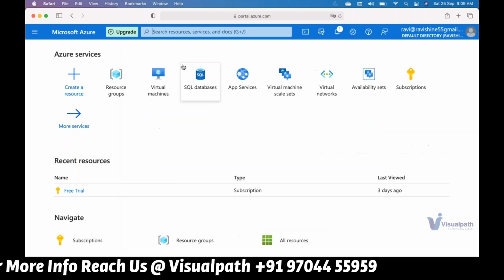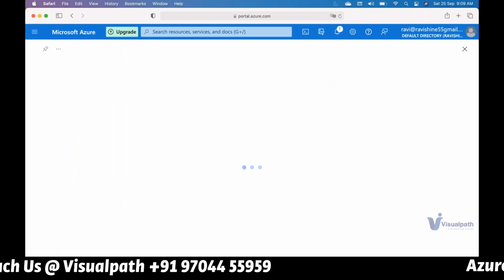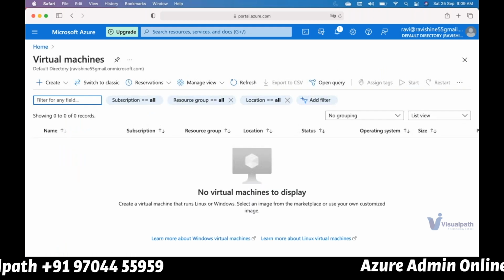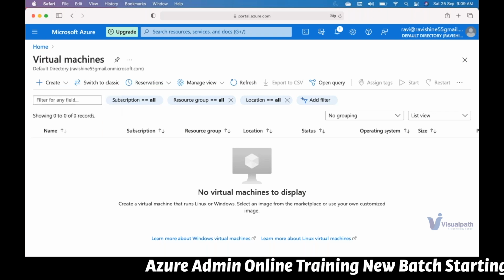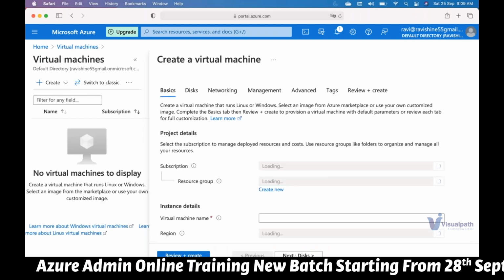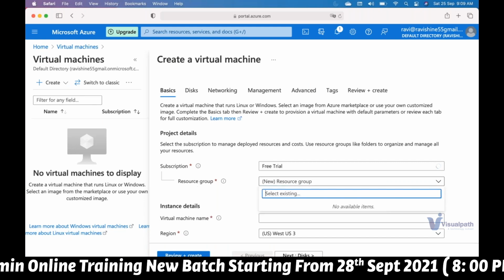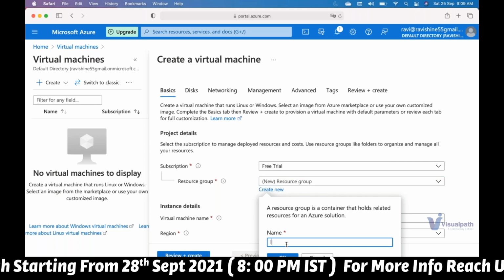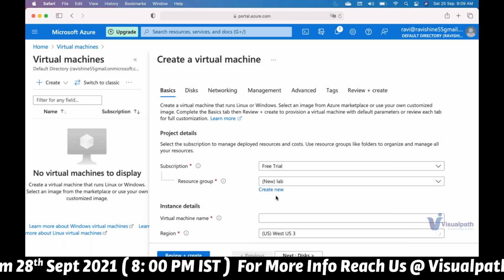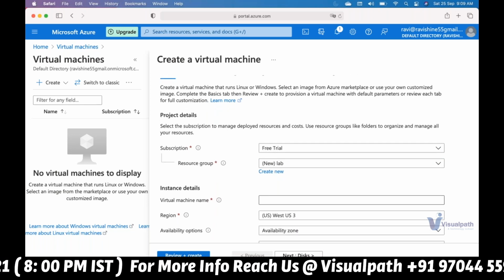This is the virtual machine console where I'll be deploying the virtual machines. When we go to the VM lab, I'll be explaining each and everything.